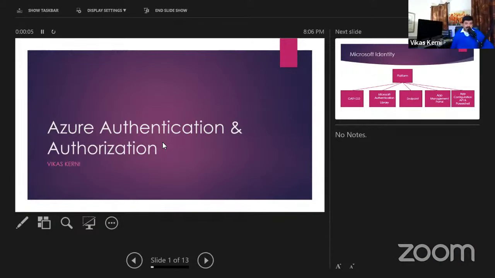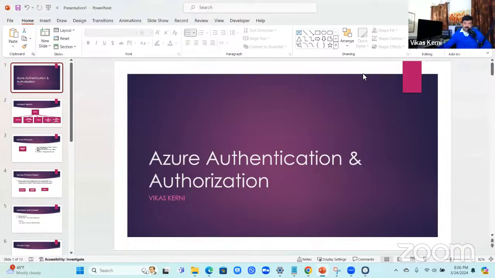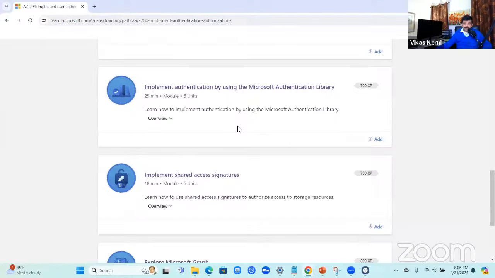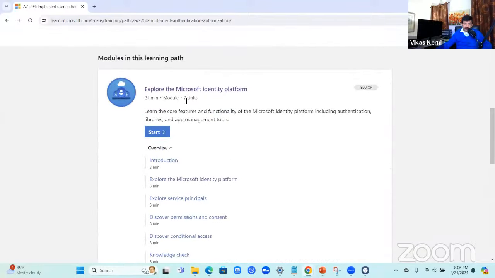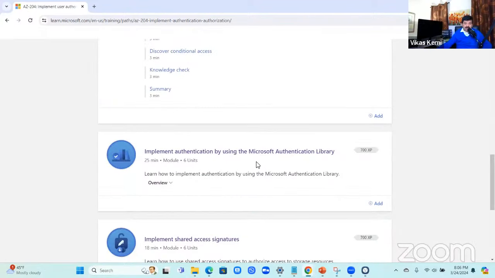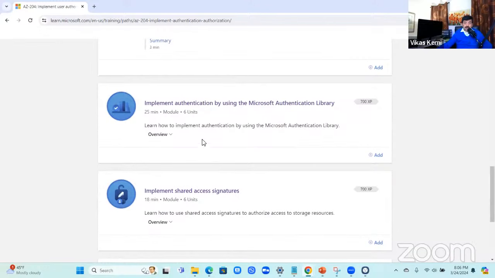So today we will be covering Azure Authentication and Authorization as we are going through Azure certification study. So these are the topics we will be covering. We will be exploring the Microsoft Identity Platform, and we will also see how we can use Microsoft Authentication Library to see Microsoft IAM, Identity Access Management